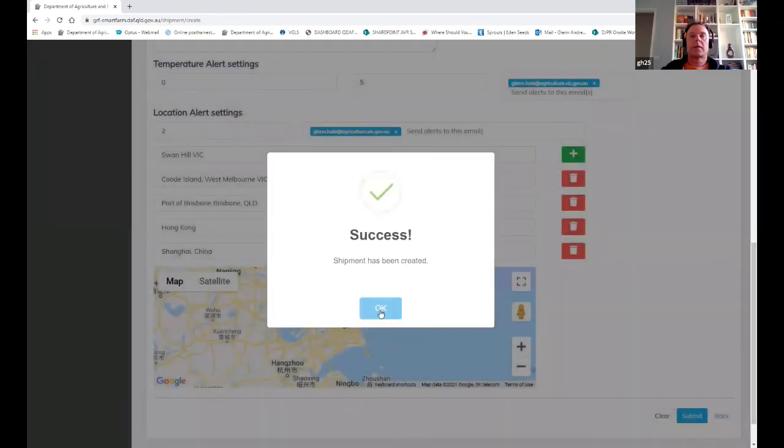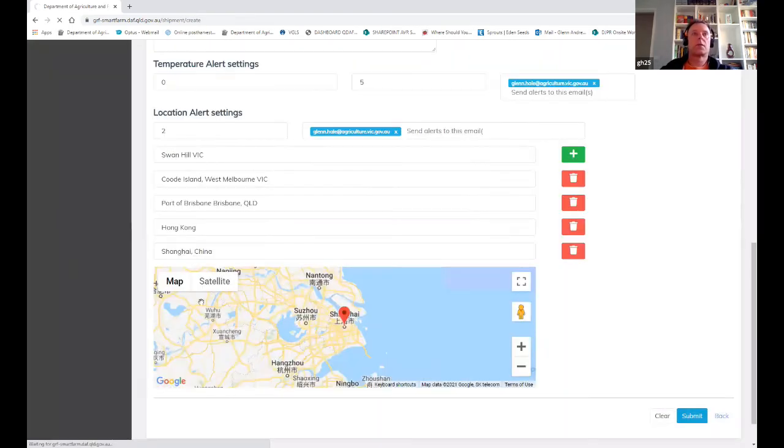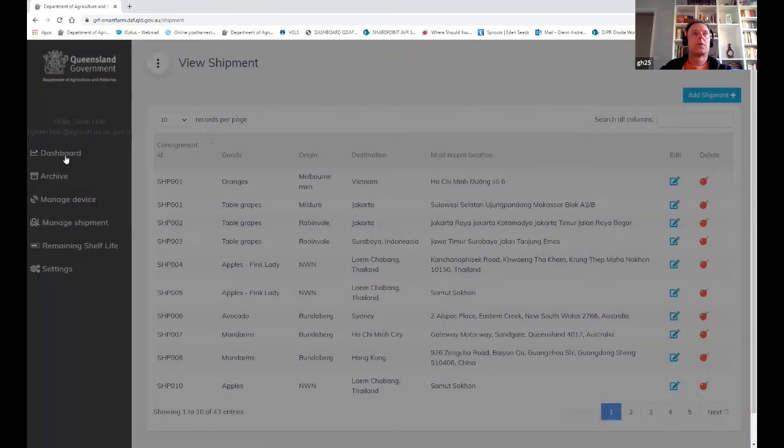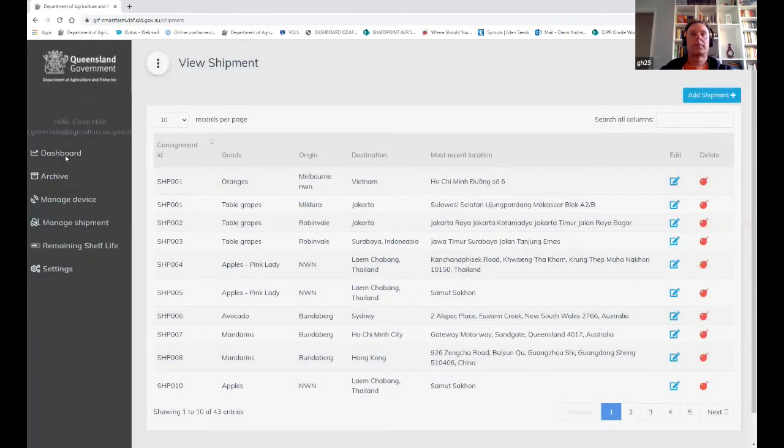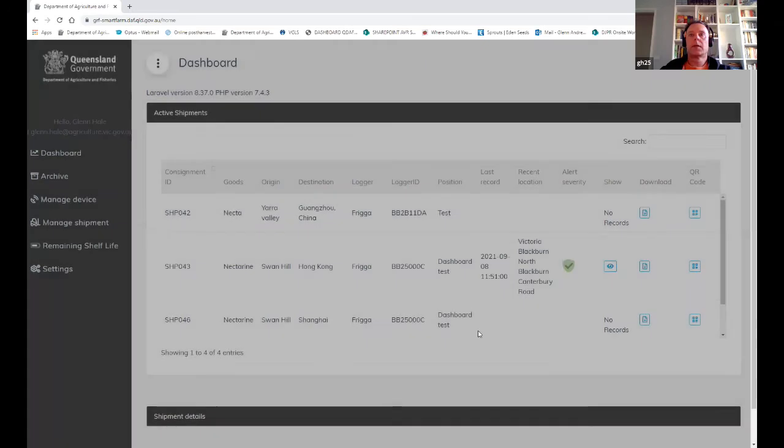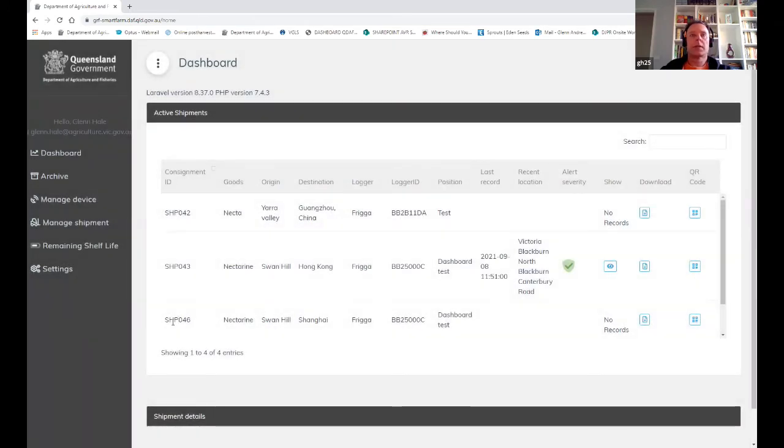Success. So if we go back to the dashboard, we should see it at the top here. And here it is down the bottom here. So shipment 46, Swan Hill to, say, Shanghai. The logger number there, it's a test for later in the year. There's no records yet because the logger has just started.